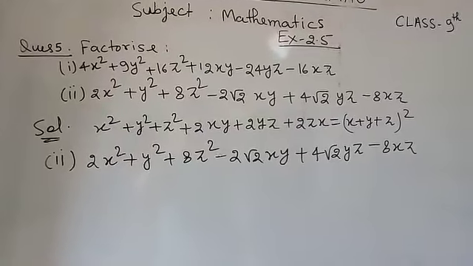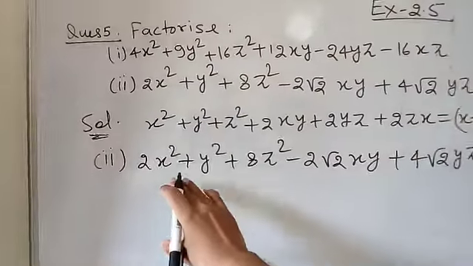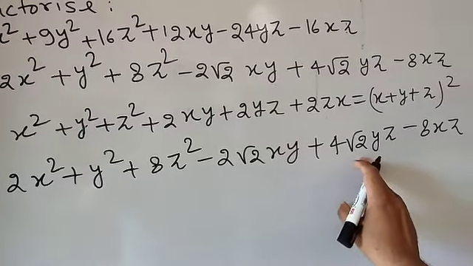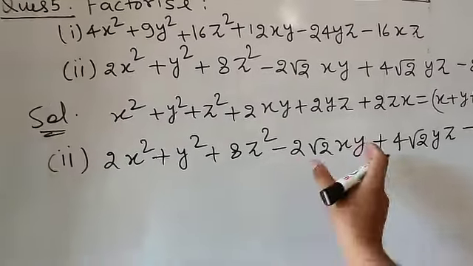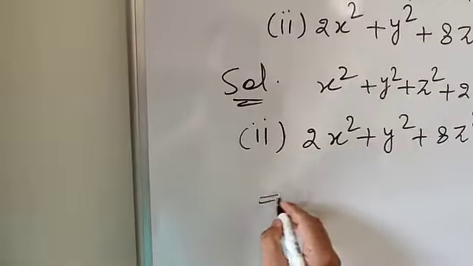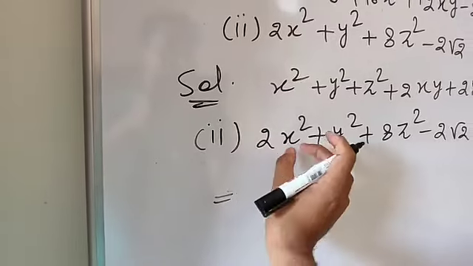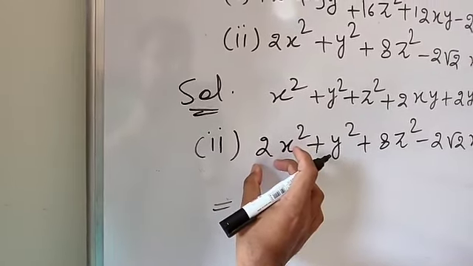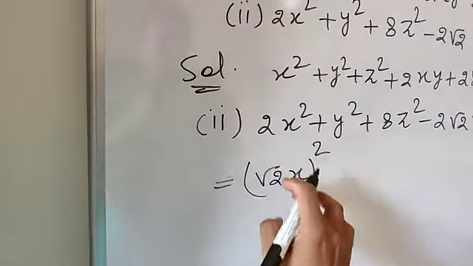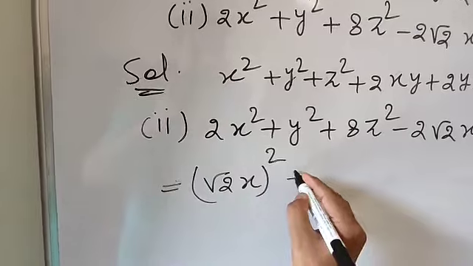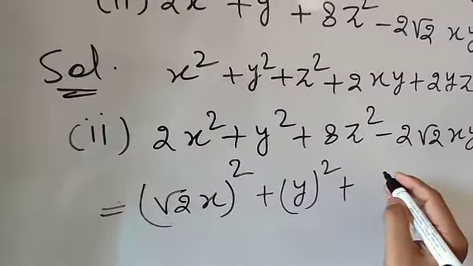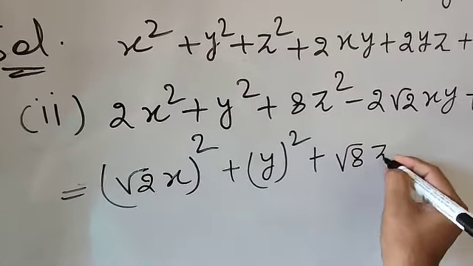Now students, I am going to solve the second part also. Again, the question is given: 2x square plus y square plus 8z square minus 2 root 2xy plus 4 root 2yz minus 8xz. So here, now you need to write it in this form. It can be written as 2x square; x square is the square of x, and 2 is the square of root 2. So that will be root 2x whole square. If you find the square of this, it will be 2x square. y square is the square of y, so y square plus 8z square, 8 will be root 8z whole